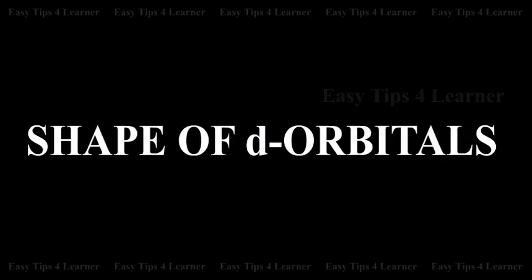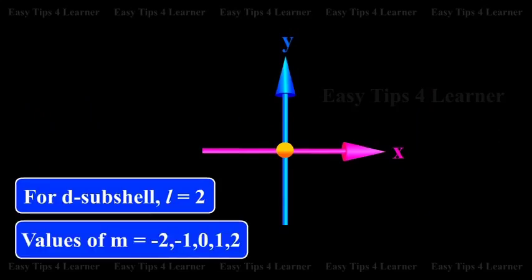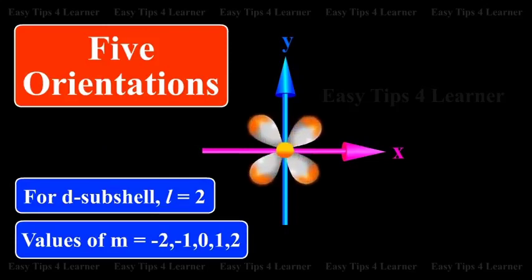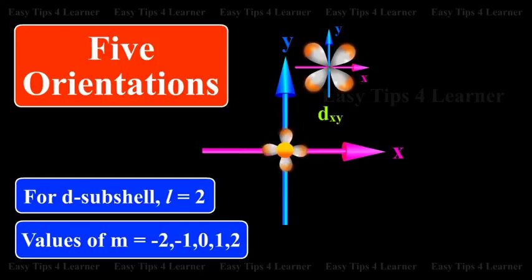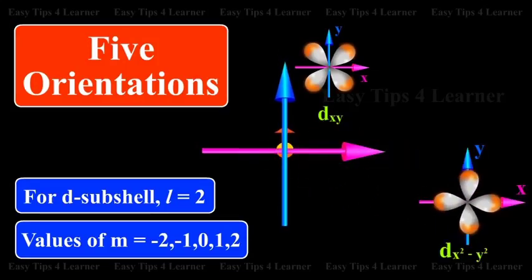Shape of d orbitals. For d subshell, l is equal to 2. There are 5 values of m, namely -2, -1, 0, 1, 2. It means d orbitals can have 5 orientations. These are represented by dxy, dx square minus y square,